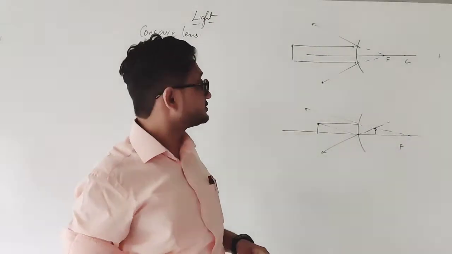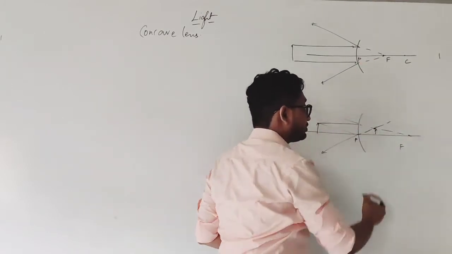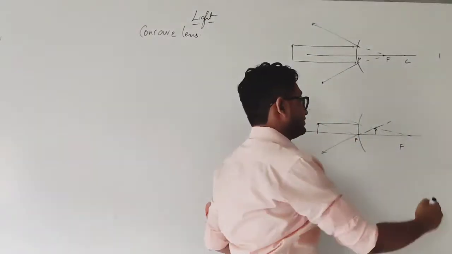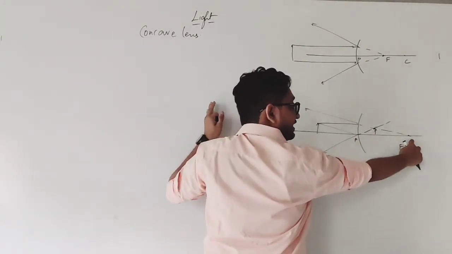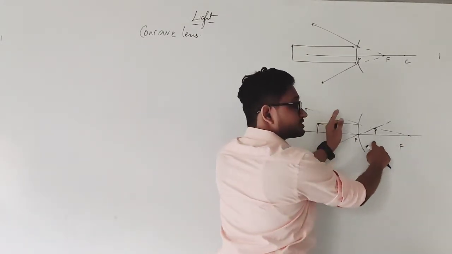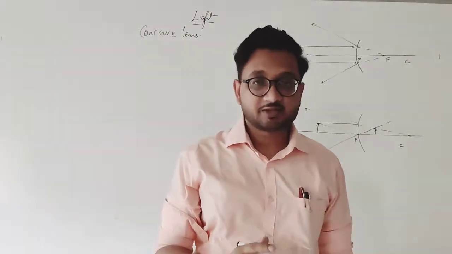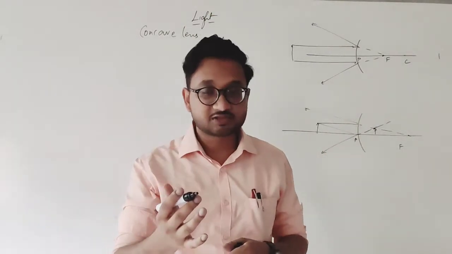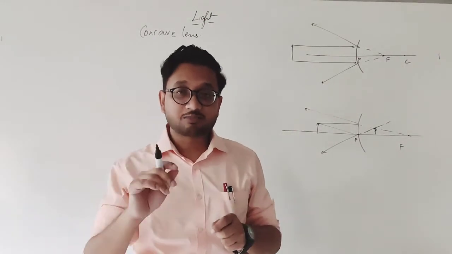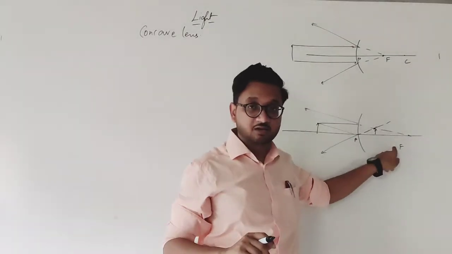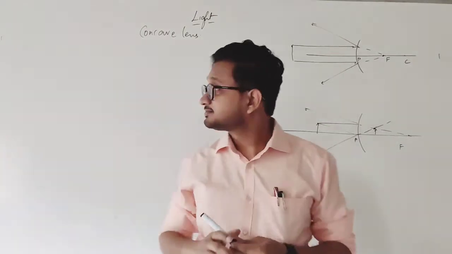And one more thing that we also know is that the image will always be between F and P, that is focus and pole. The image will never go beyond F. So if the object is at infinity, the image is at F. When you bring the object closer, the image will get closer and larger, but it will always remain diminished compared to the object. So the image will never get larger than the object. The image will never be magnified. It will get larger than itself, but it will never be larger than the object. I hope it is clear to you, students.